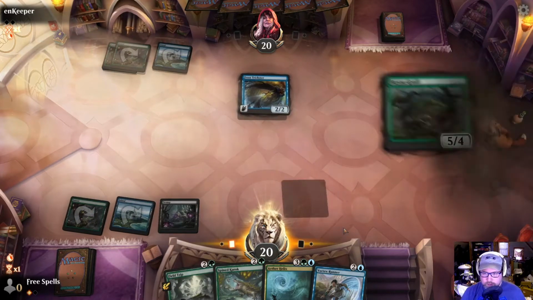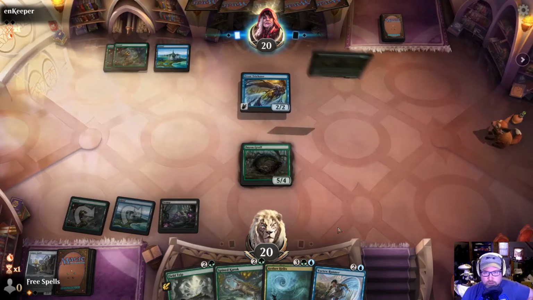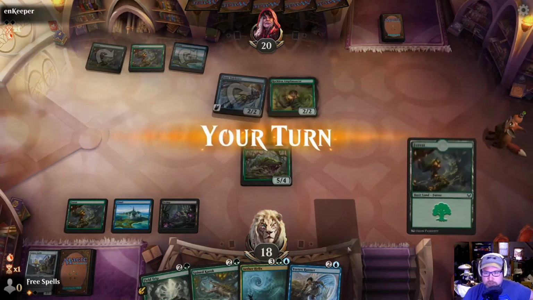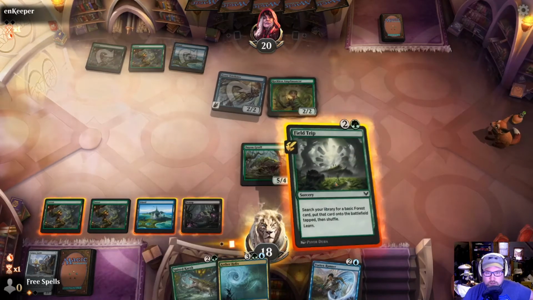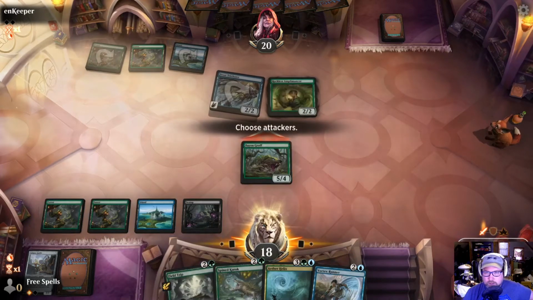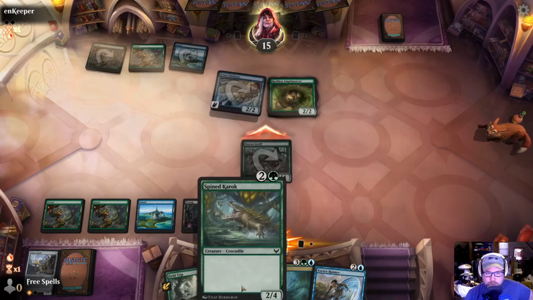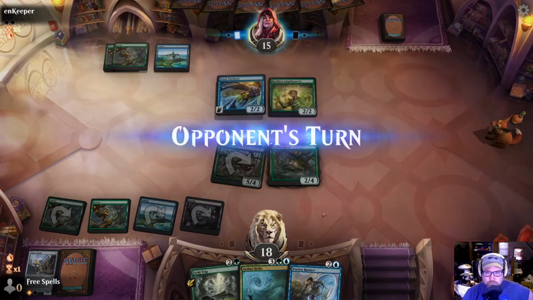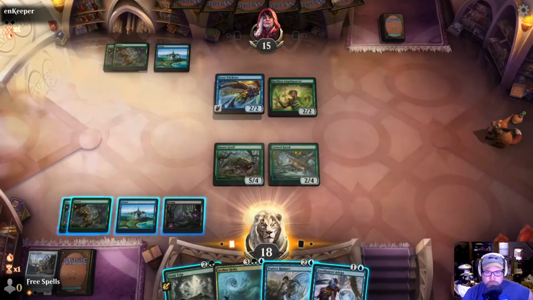Let's try this playing a 5/4 on turn 3 plan. But I didn't bounce it, that's a good sign. Rather play a creature. And if we ramp that turn, then we'd have access to Ether Helix, but...